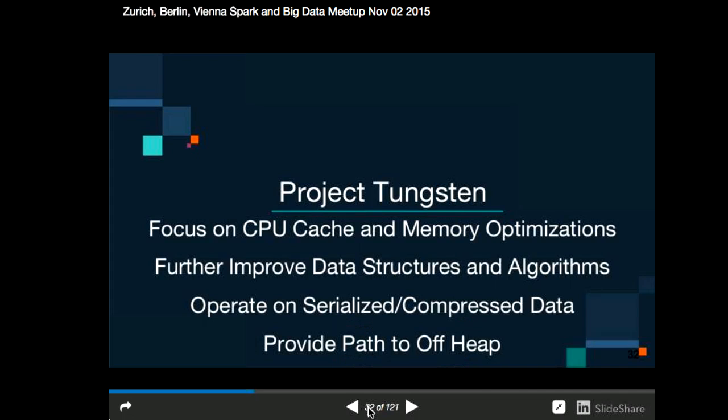So then comes along Tungsten. Focus on CPU, focus on memory optimizations. I think I have a few more slides, and then we'll get to the fun one. So more data structures, more algorithms. But here, instead of focusing on the obvious key value pairs and things that help out on disk mechanical sympathy, what they're trying to do is operate on byte buffers. So being able to pack